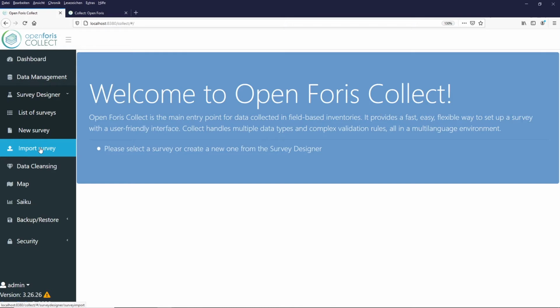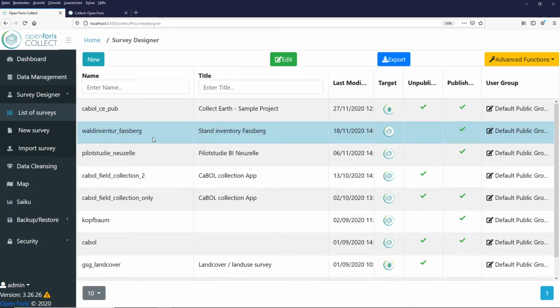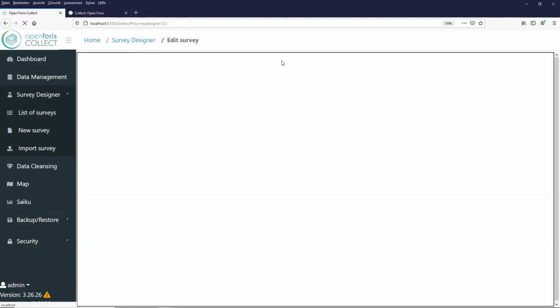So for the students from Göttingen, they are able to import our demo survey that we are using for some exercises in the field. And it is the same one that I also have here. So this is my list of surveys, and this is the stand inventory Fassberg. If I open this in the editing mode, then we can have a brief look